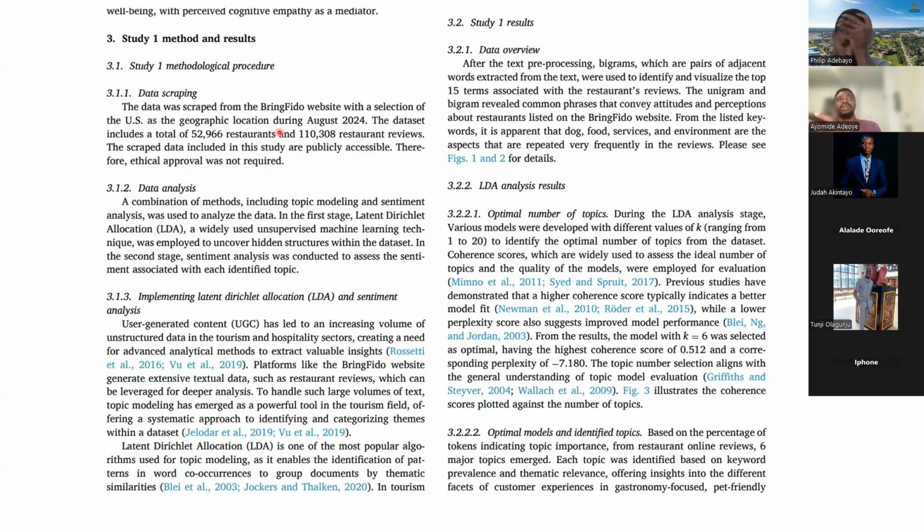And when they are talking about their methodology or the data sample they use, they focus on restaurant reviews. You cannot be evaluating the experience of customers who own a pet in a restaurant and, for instance, be using a school as a case study. So the area you are using is also really important, and you have to be clear with that.